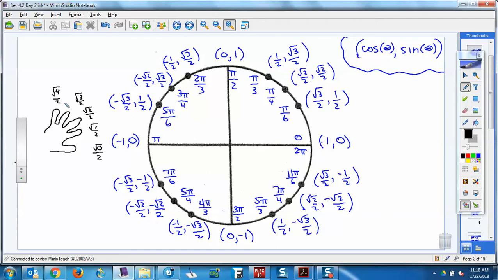If cosine's your favorite trig function, then do the same thing, but just go in reverse. Start up here and go down. If that's helpful to you, do. So starting here, square root of 0 over 2, square root of 1 over 2, square root of 2 over 2, square root of 3 over 2, square root of 4 over 2. Once you have those,